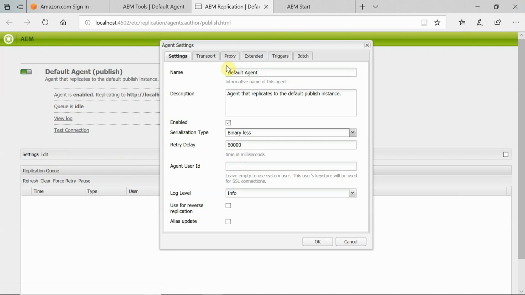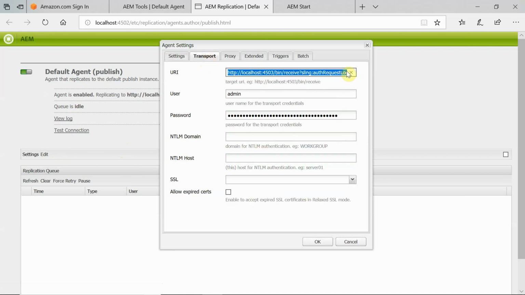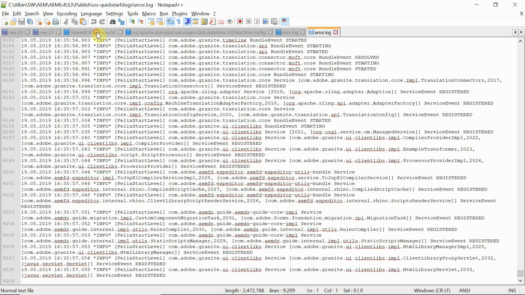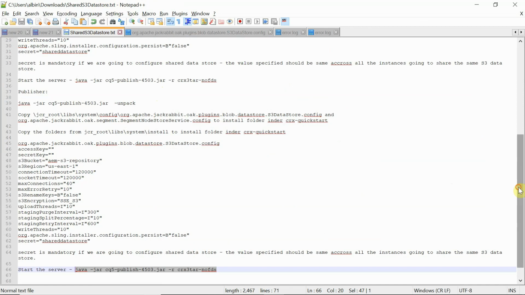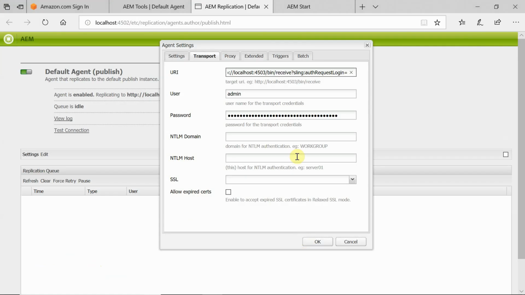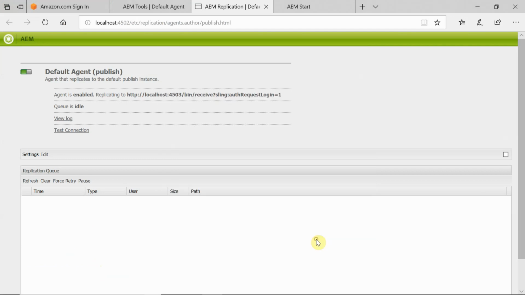Then go to the transport, and after this URL you need to append another parameter, binaryless=true. For that, let me go and copy this parameter, because this is configured since we are going to share the data store. Binaryless, that's fine. Click on save.